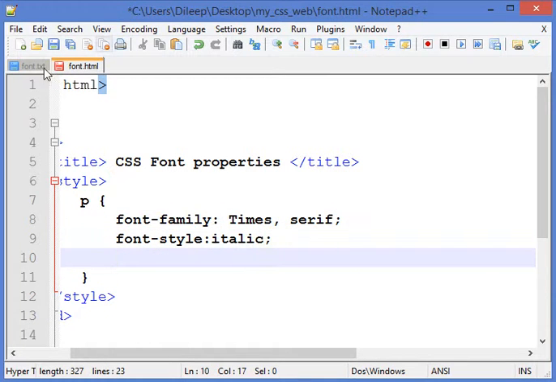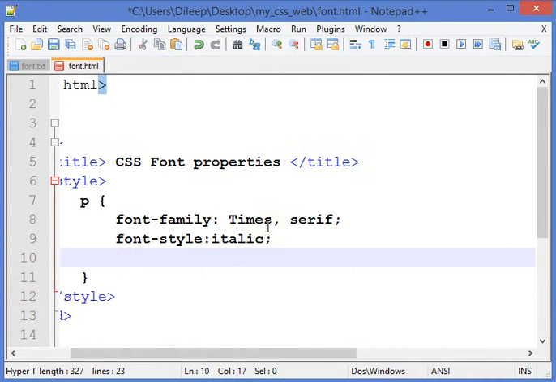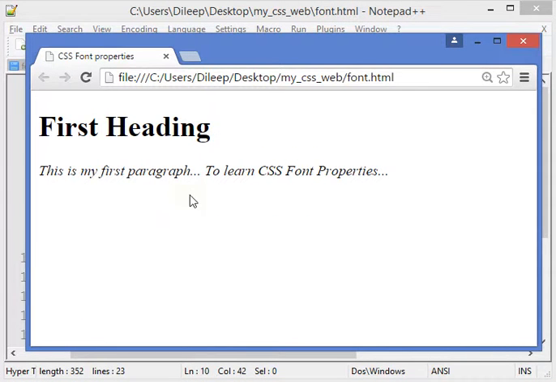And the other font property is font variant, which will take either normal or only one other value, that is small caps, right? So let's see how it works. Font variant, and for font variant I want small caps, and I'll save it. And then let's see how this changes. I'll refresh it, and you can see here